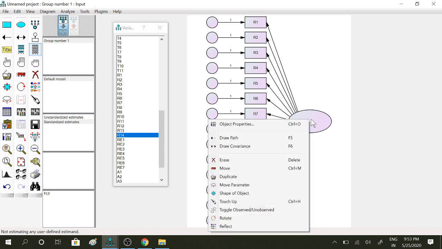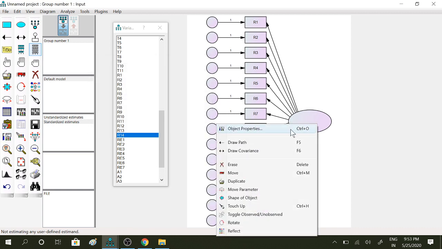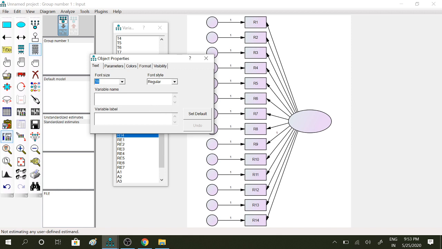Okay, now we name them: right click, object properties, variable name. Anything you can give, but I will give R, because R1, R2, R14. So generally we insert R. Okay, that's it. Close.